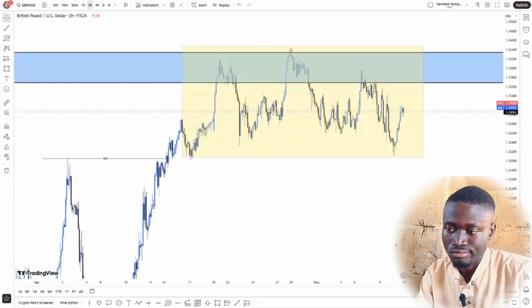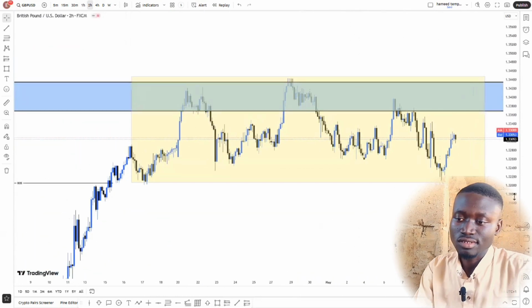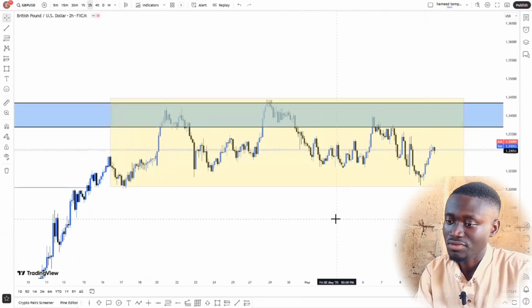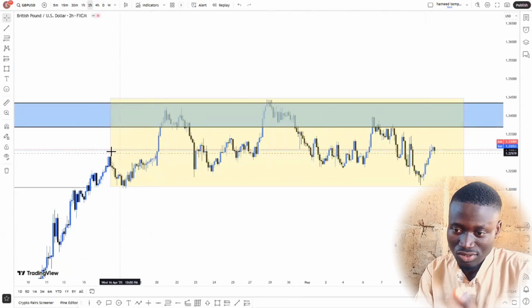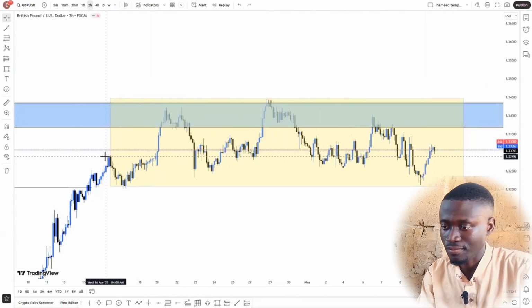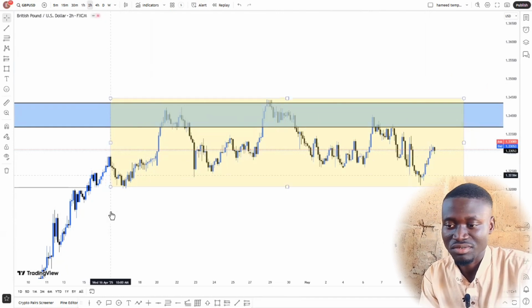Guys, GBP is not ready to move right now. I'm not seeing any clear movement on GBPUSD right now. Everything is just consolidating, so it's best to just let GBPUSD be for now. By next week, then we can know where to join the move. Even maybe during the week, it might be ready, but presently right in front of me, GBP is not